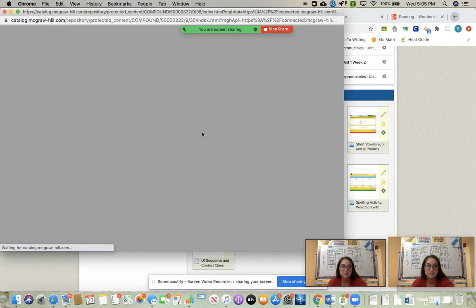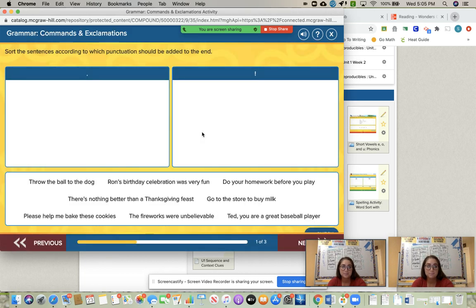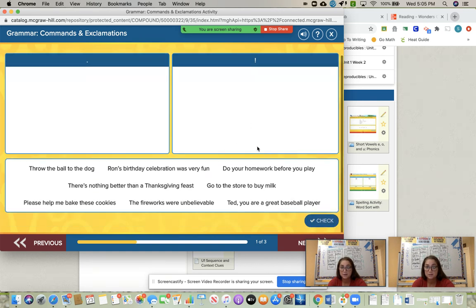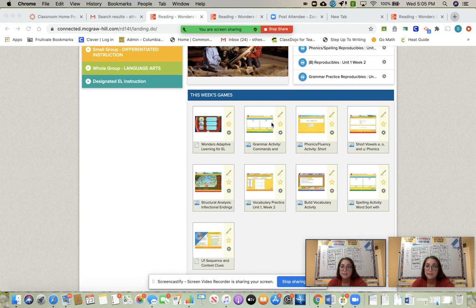is commands. So you will have one that pops up like this, and you are going to sort the statements below into statements and exclamation. All right? You will press check when you're done, and you will hit next. You keep going until it says you are done. That is commands and exclamation. Then you have,